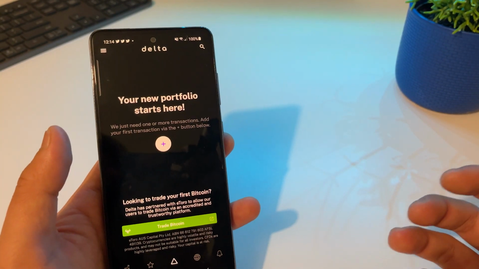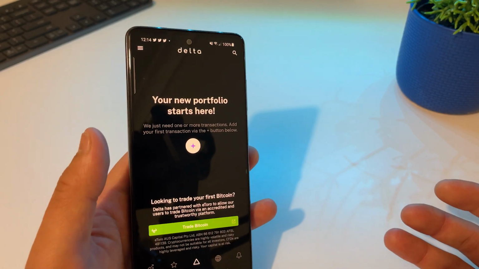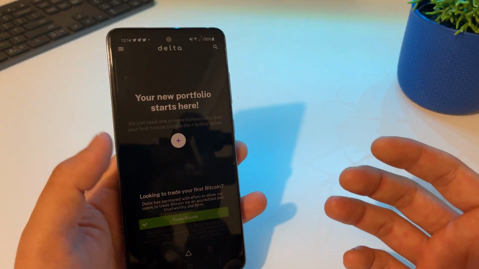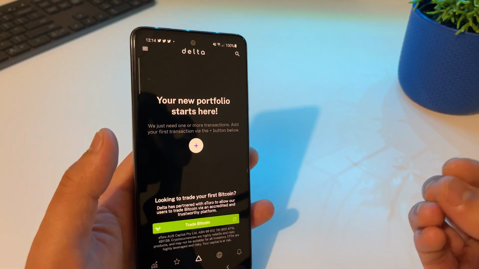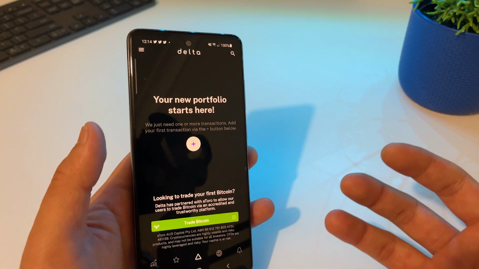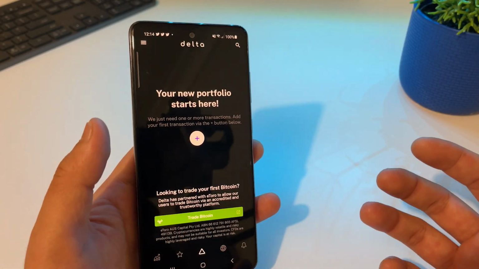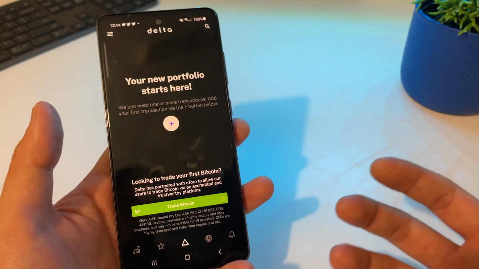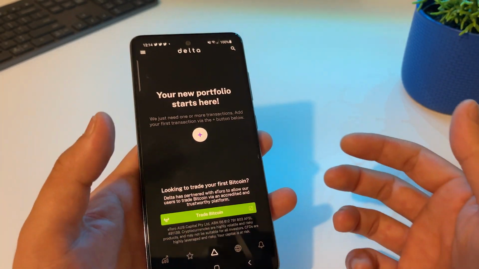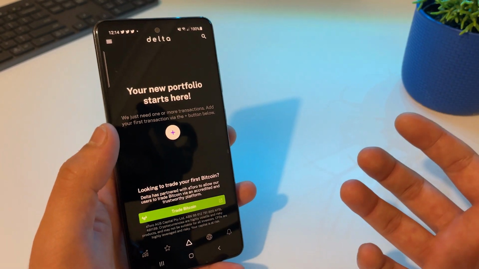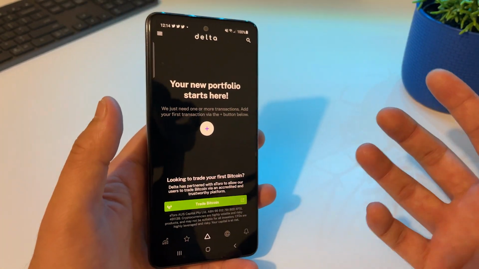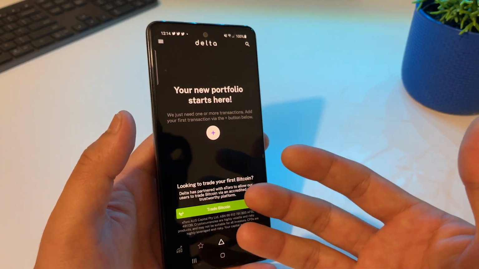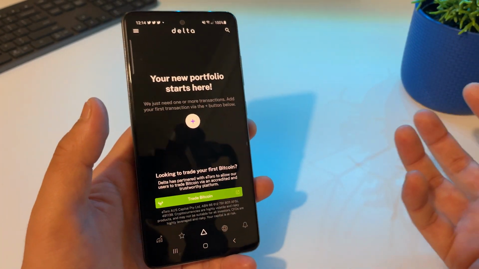Okay, so now another question is, what do you do if your exchange is not listed and you cannot directly connect your exchange? You can manually import or manually enter a transaction, and I always suggest you do that, because what happens is when you automatically import, sometimes your portfolio is broken, as in it's not 100% accurate, and sometimes the old coins get tracked and stuff. So spend half an hour to an hour on setting this up, and once you set it up, the best part is you can take it with you to another device and you don't have to reset everything.